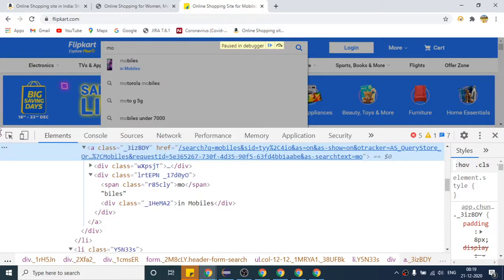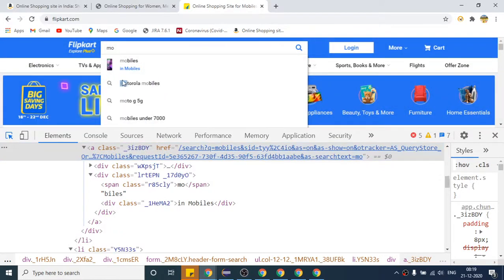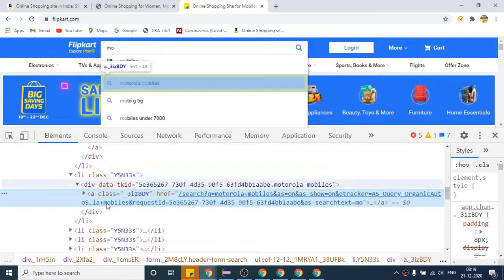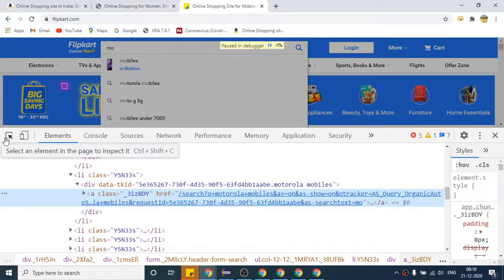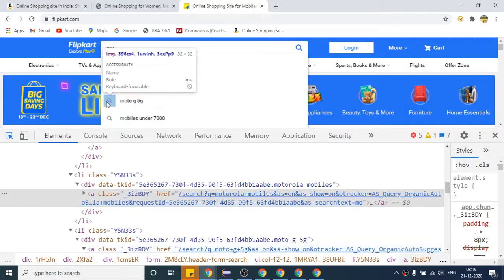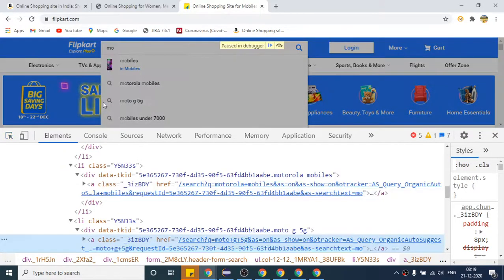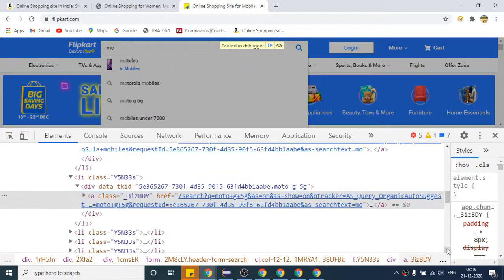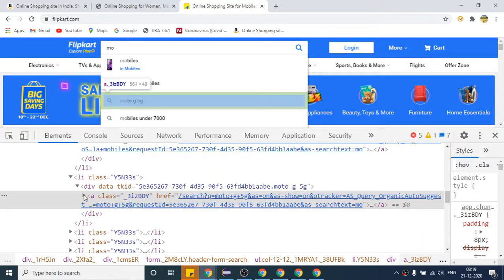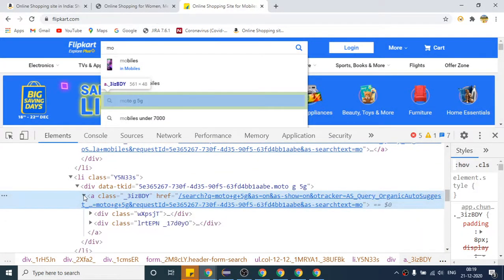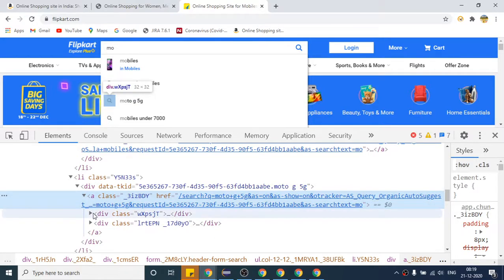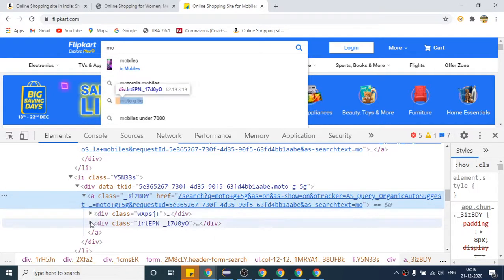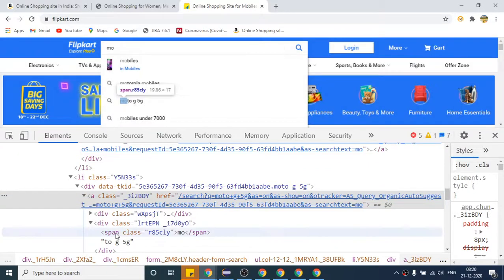If I come down, here is our second one. They are using some class. And the third one is our a class. If I want to get the text, it should be present inside. Here our text is present, mobile, right?